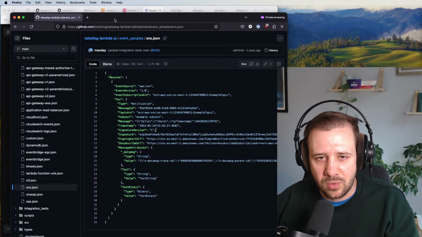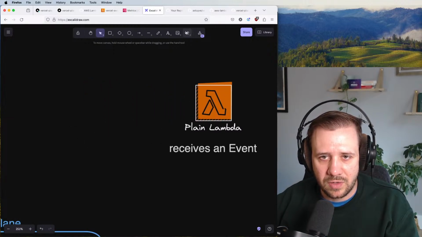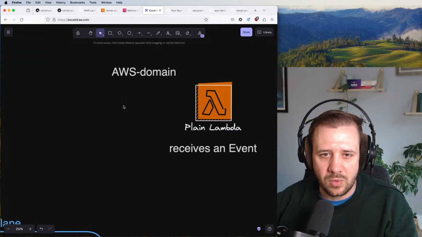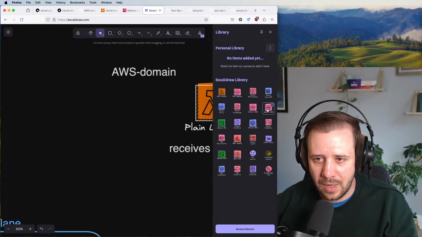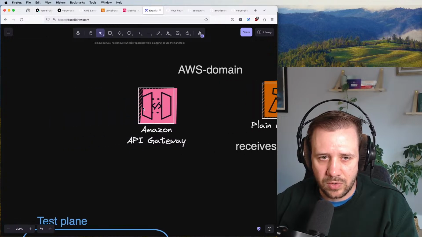So what they have to do is normally you have some integration here. And in this case, in the AWS domain, you have this API Gateway. This does the JSON formatting. So your request comes in,